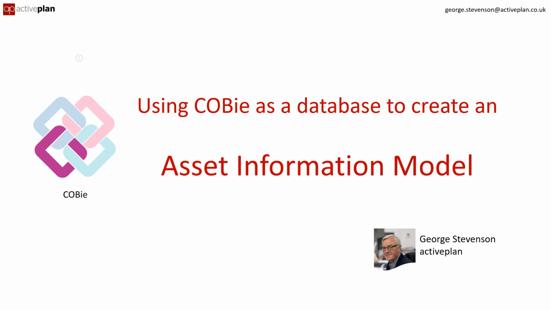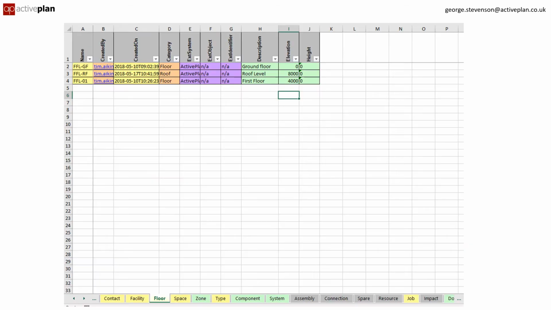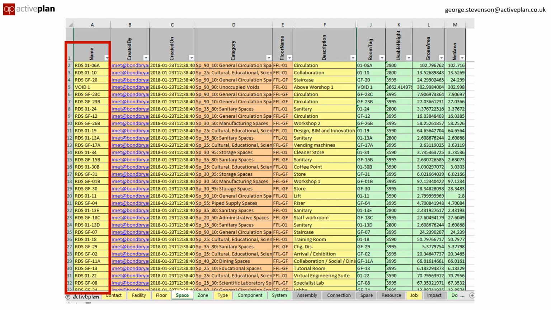Some people think of COBie as a spreadsheet when actually it's a database schema presented as a spreadsheet. I'm no technical wizard, but I thought it might be useful to explain how I look at it as a layperson. In contacts, we've got the supplier's details with an email address as the key. Moving on to the building, we've got the floors defined and the spaces on each floor, including their room reference